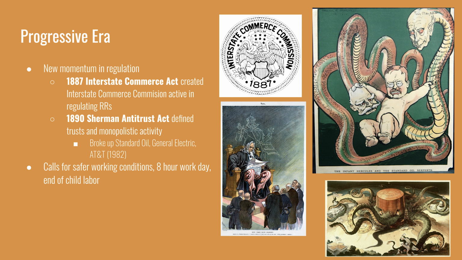The political cartoon on the bottom left captures this by showing the railroad executives going to Uncle Sam to ask for permission to raise their fares. In the period before, railroads could set their own rates and artificially raise them in regions where there was no competition. The 1890 Sherman Antitrust Act had defined what trusts were, what monopolistic activity looked like, and despite its earlier